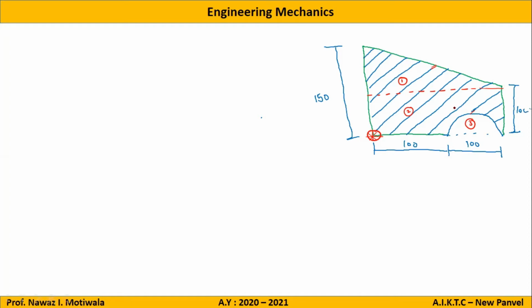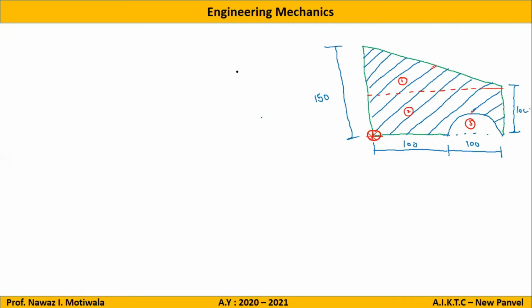There is one more way of solving this problem. What is that? There is one more possibility of division of this particular problem. I already told you in yesterday's class, wherever you see an inclined line, there will guaranteed be a triangle, and wherever you see a curve, there is guaranteed a quarter circle or a semicircle. So this is my triangle, first element, second element rectangle, third element semicircle. This also I will prefer.